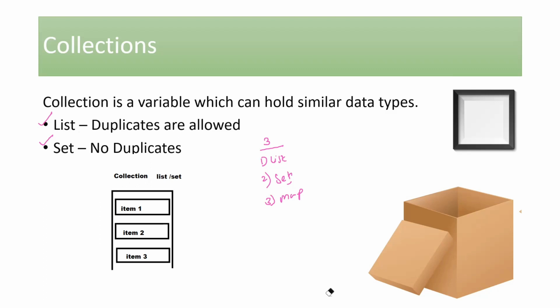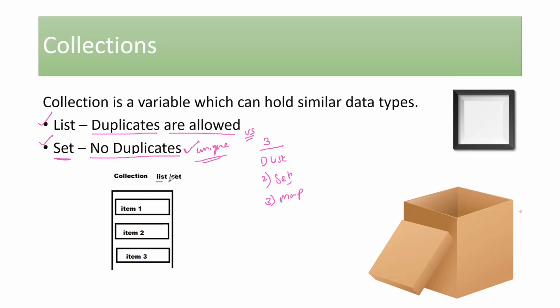So if you see here, our first type of a collection, which is list, has an ability to allow duplicates. That means if there is a duplicate value within the collection of type list, this list would allow duplicates. So that means I can have same value added twice. The second type that we have in a collection, set, has a feature which says it would not allow duplicates. That means every entry in my set would be of a unique value. So instead of saying no duplicates, you can also say that it allows only unique values in it, or it would hold only unique values in it. So that is the major difference that you see between your list and set. So list would allow duplicates and set would not allow duplicates. Or in short, set would allow unique values and list would allow duplicate values.